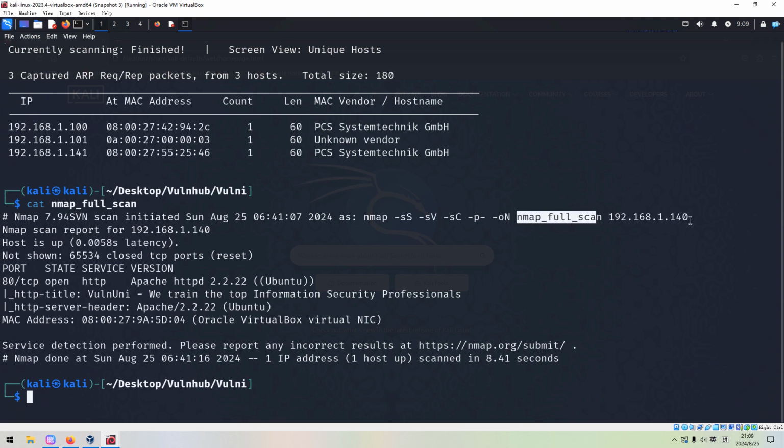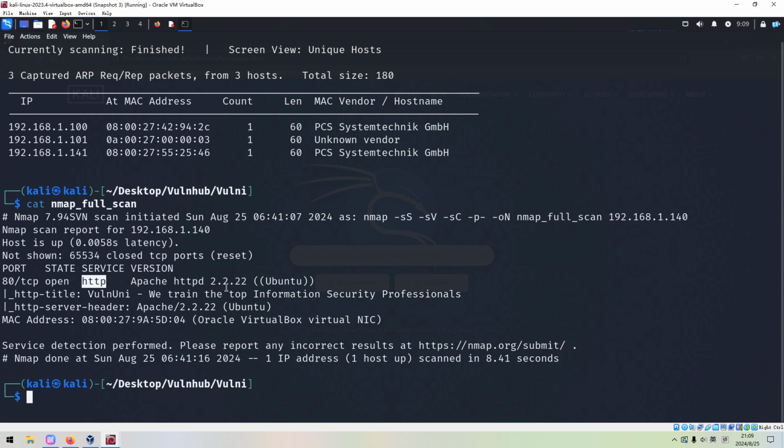Although, as you can notice here, the IP address has been changed from the first time when I did the machine. So from the Nmap scanning, we can tell that the target has only one open port, which is 80 running an HTTP service, and also its corresponding version information, Apache 2.